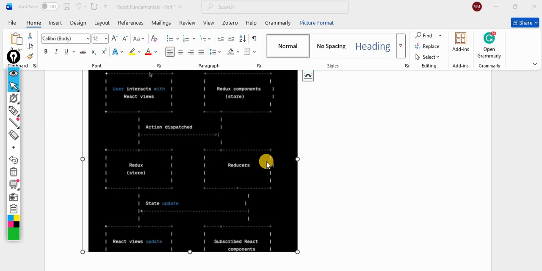What we have seen previously is the context API. In the context API we use useContext, and we use it to avoid prop drilling.